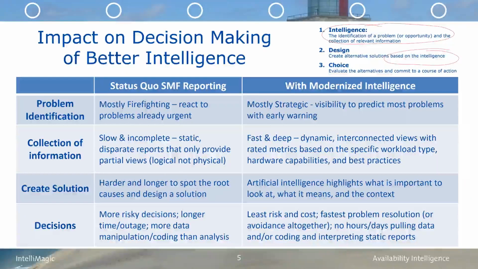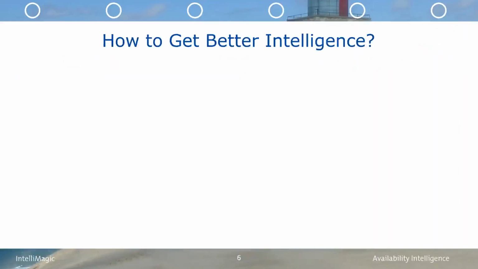So this chart is actually a good chart for presenting to management about why a new approach is necessary, to get some justification for this, because these are real issues, and it's a common theme that a lot of executives in the IT organization are dealing with: how to leverage more modern techniques to get better intelligence out of the data that translate into operational decisions that are easier, faster, better and safer. So the question is, how do we do it? How to get that better intelligence out of it?